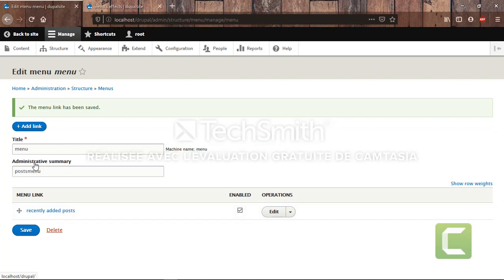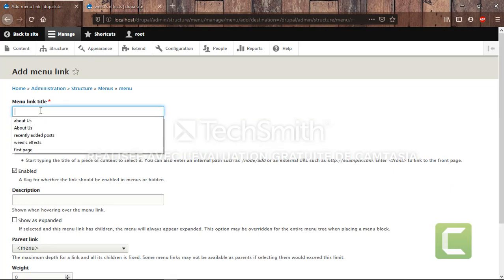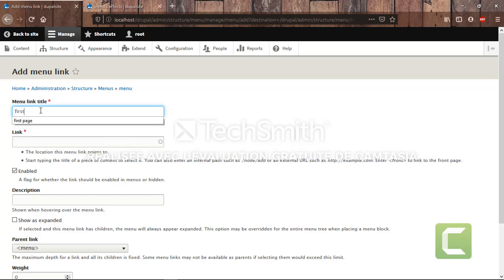I'll add a link again, but the difference is gonna be in the configuration of the link. I'm gonna choose the title of the new link. I'm gonna call it first one because it is the first post I've added to my site.